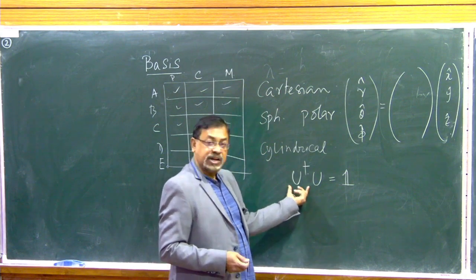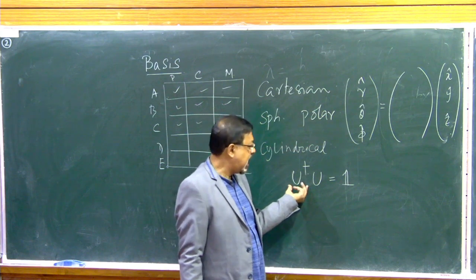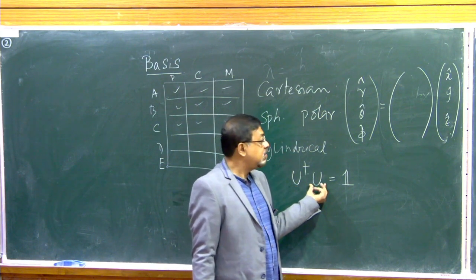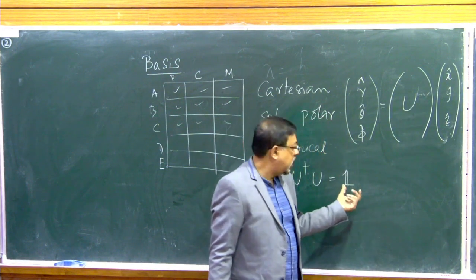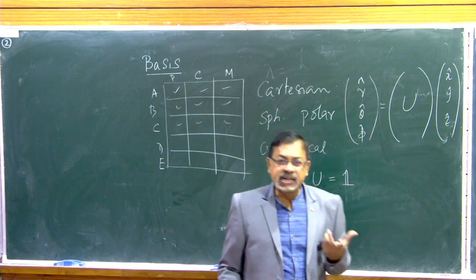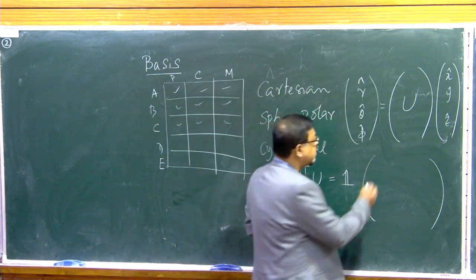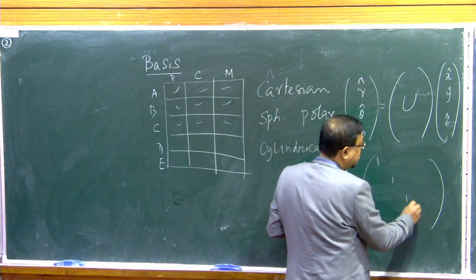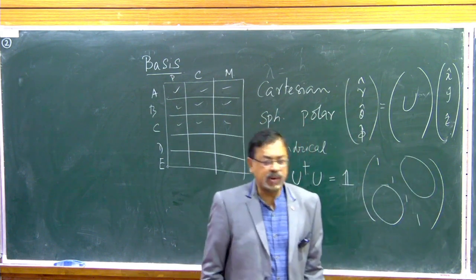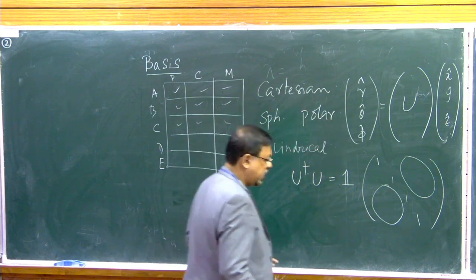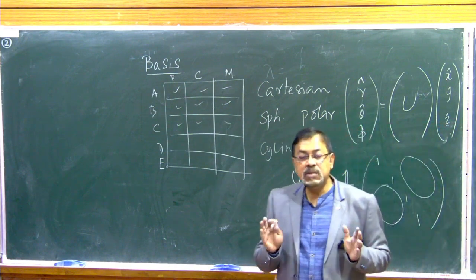So you take that matrix after taking a transpose and complex conjugation, that is A dagger, and you multiply it by the original matrix. So this is your U matrix, and that gives you an identity matrix. Identity matrix is nothing but, it can be an infinite dimensional matrix, with the diagonal elements being 1 and all the off diagonal elements being 0. Okay, so that's a relationship between two bases that we have seen, any two,